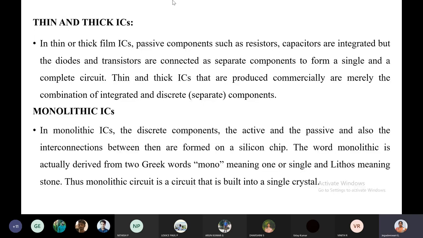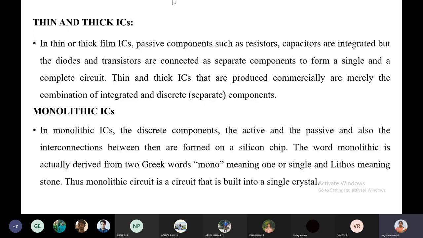Okay, so this is nothing but the hybrid or multi-chips. So these are the basic types of ICs. You should not confuse the classification of IC and types of IC. Both are different. The classification of IC is based upon the size, how they are classifying the IC. That is what we have discussed in the tabular column. Suppose in the 2 marks, if they ask the classification of IC, you're supposed to write this.